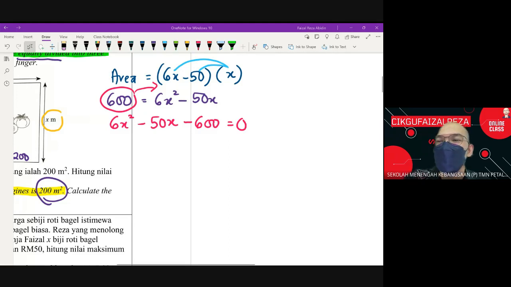Okay, no problem. I got 2. Okay, mode EQN and press to the right, press 2. A is 6, B is negative 50, C here is negative 600. So I'm going to have, this one got, X1 is 15, X2 is